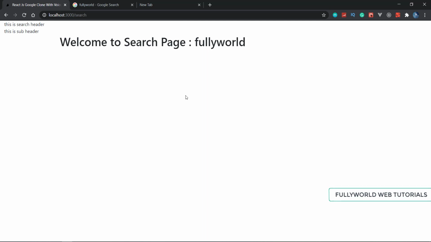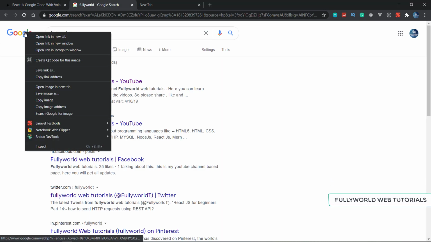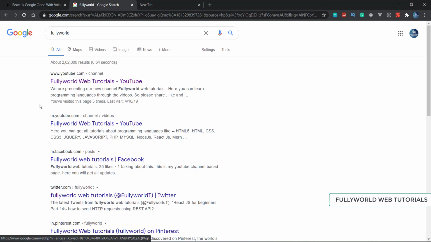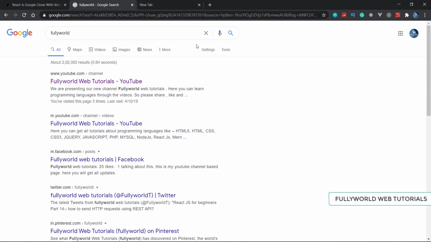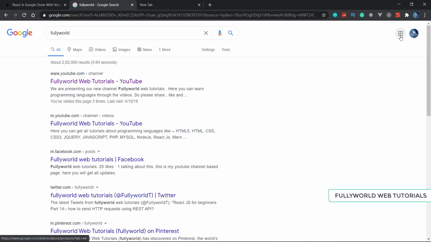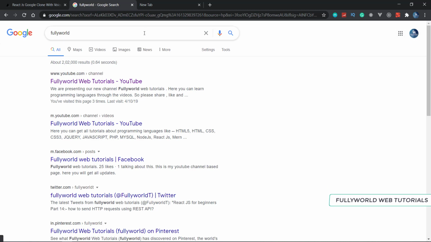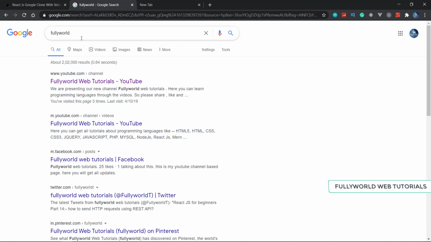So now we have to create this. First of all, I'm going to copy this. So copy image address, then we will create our form, and then we will create these two things. We will create this under only one file, and I'm not going to create a different component for my form here. So I'm going to create the form under that component only. If you want, you can create another component for your form also.